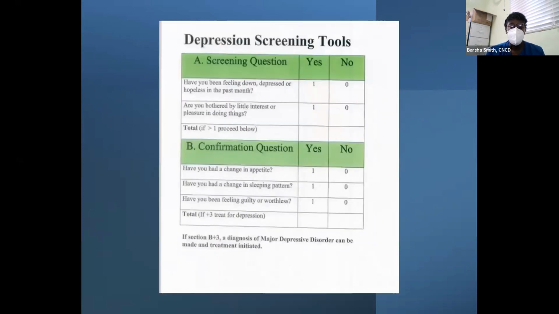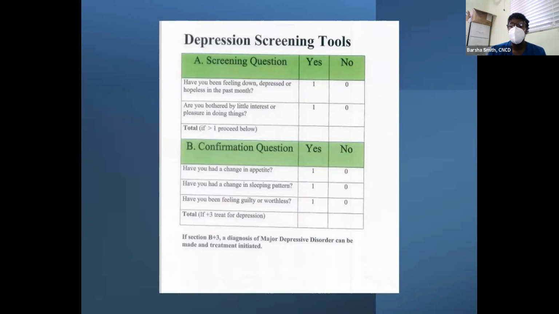Another area of concern for us as it relates to high blood pressure and diabetes is depression. So all our diabetics and hypertensives should have some depression screening done. If the first answer is no, then you don't need to continue. But if they're saying yes and yes, then you have to continue through the entire questioning. And of course, if they have 3 or more, then this person may have some depressive disorder, because if the person is depressed, they're not going to be taking their medication as they should.